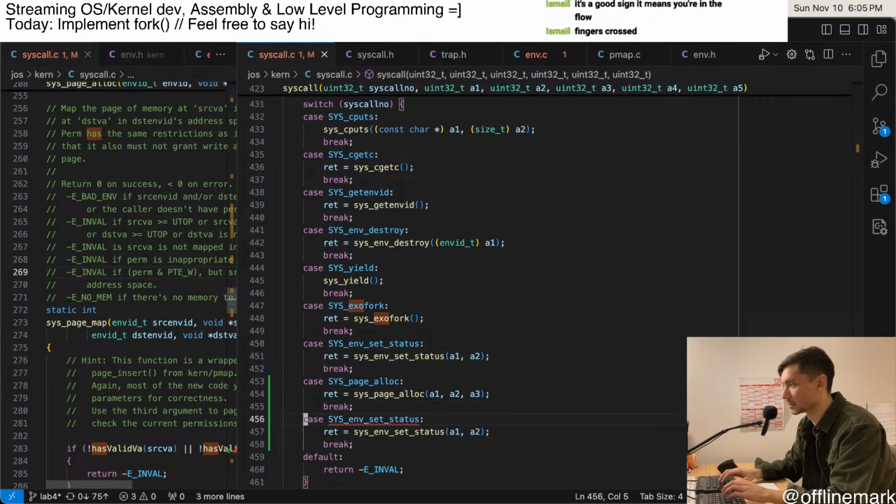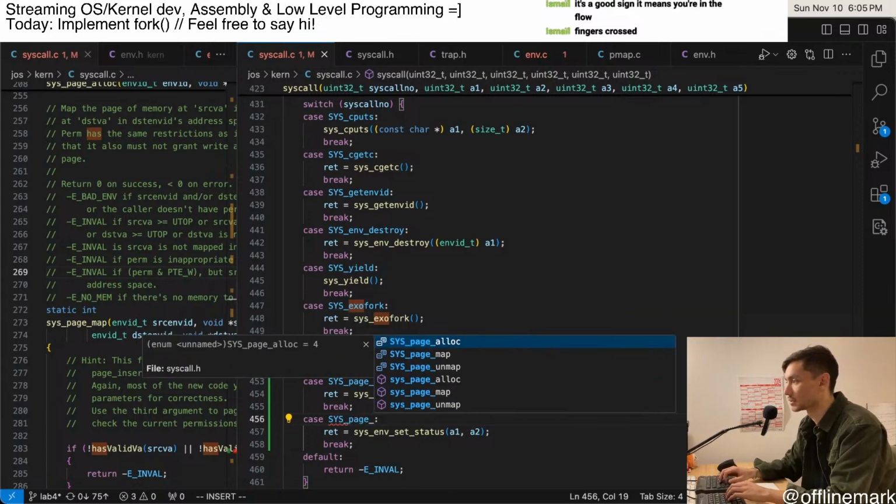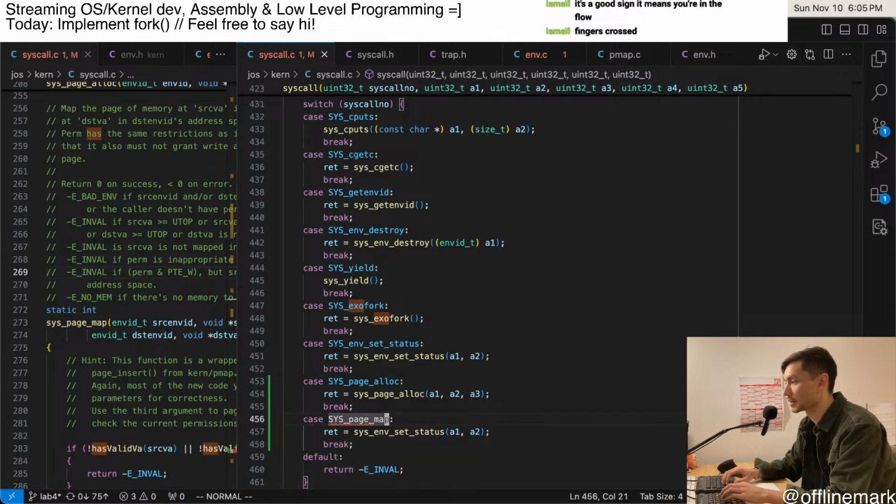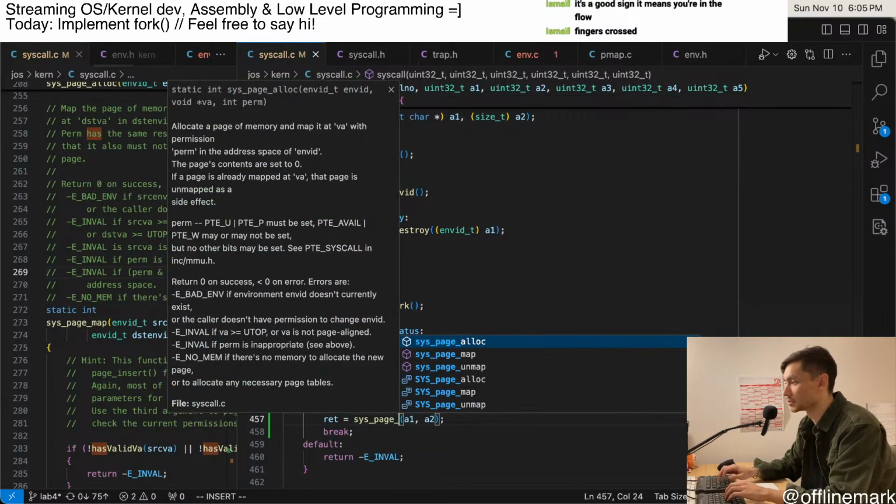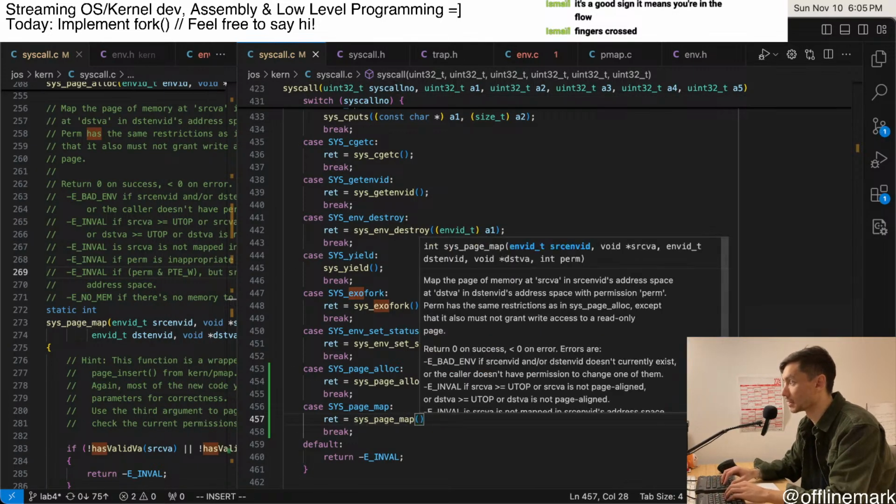And then we're gonna do page map. This is page map,